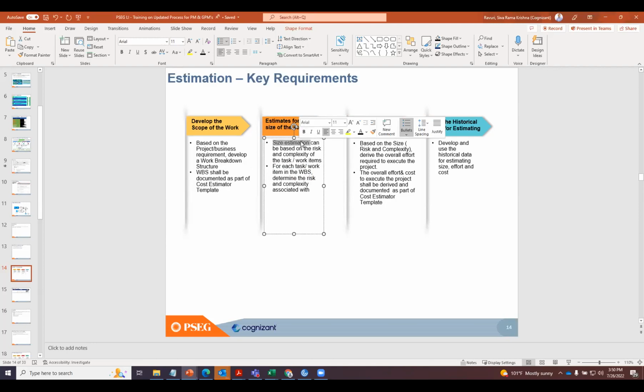Typically, if you are developing software, the size is estimated based on lines of code, function points, or feature points. Or if you are following agile, people estimate using t-shirt sizes or story points. But what we are introducing at PSCGLI is size drivers, effort drivers, and cost drivers. The complexity factor we are introducing is a risk and complexity factor for every WBS element. So the size estimation can be based on the risk and complexity of a task or